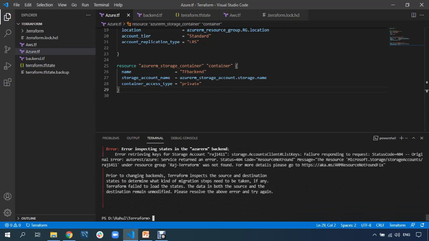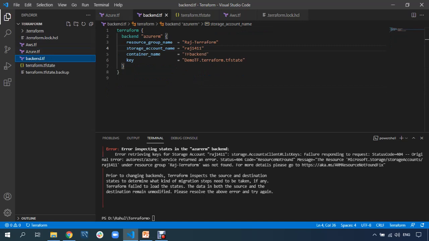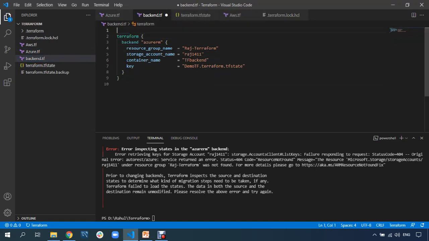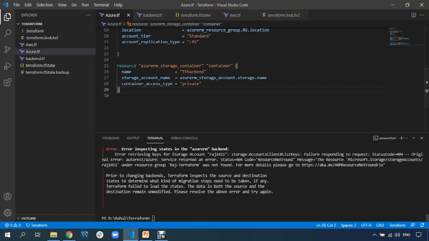What is the error? It is not able to find this storage account. So first let me create this storage account and then we'll do this. First let's create this storage account and then we'll change the backend, because it recommends you to have a storage account, but right now we do not have any storage account.